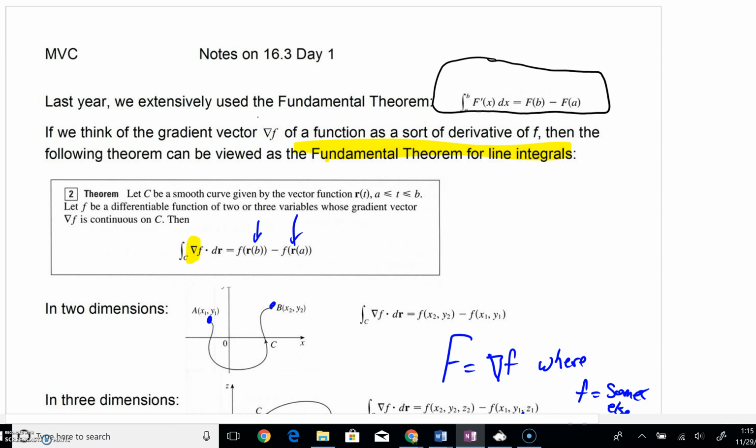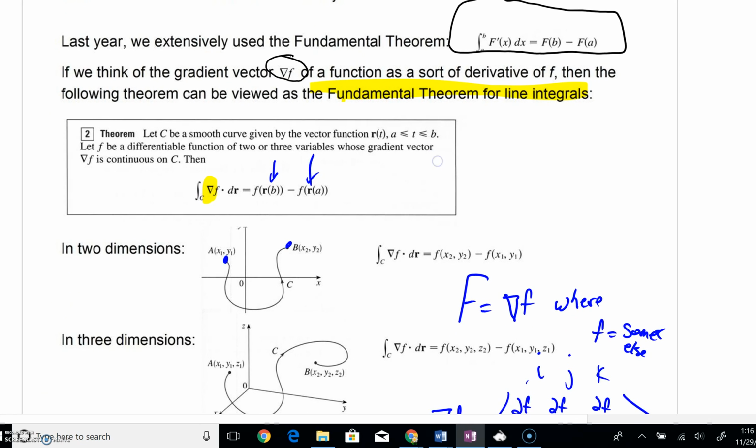The proof is a little bit tough here, but if you think of the gradient vector f of a function as a sort of derivative of f, then the following theorem can be used as the fundamental theorem. So let's say that we were integrating a line integral, but normally you can see that we had capital F inside of there. If capital F, that function, that vector function that would represent the forces, is really a gradient,